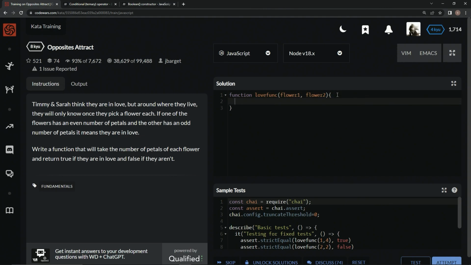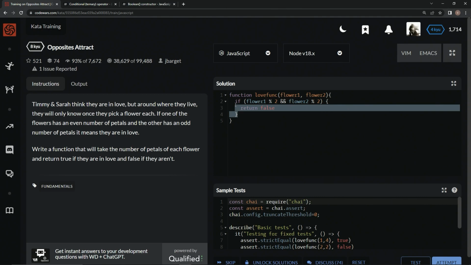We could do an if statement. We could say if flower 1, remainder operator 2, so if flower 1 is odd, and flower 2, remainder operator 2, so if they're both odd, return false. Alright, makes sense. So let's take this whole thing all the way to right here, and let's say else